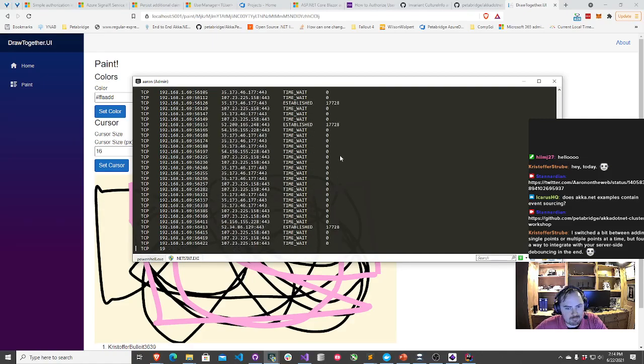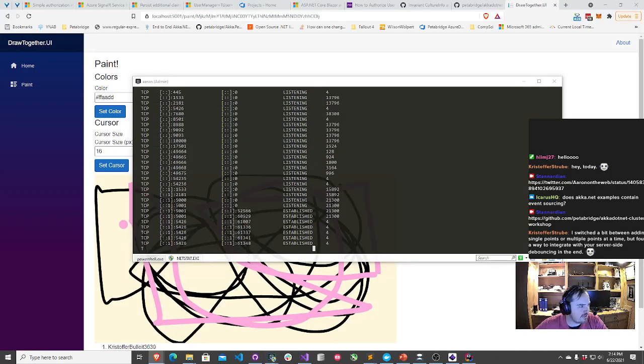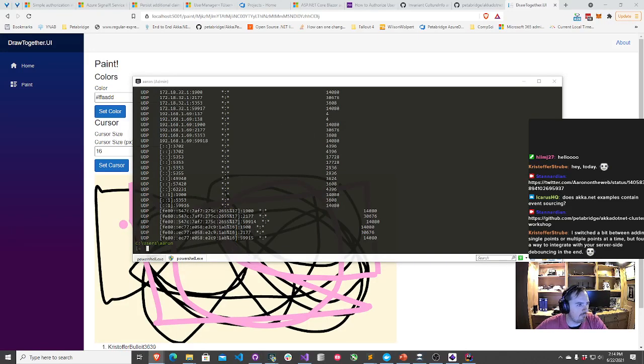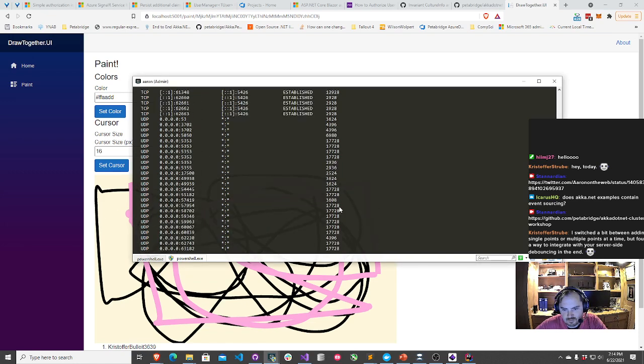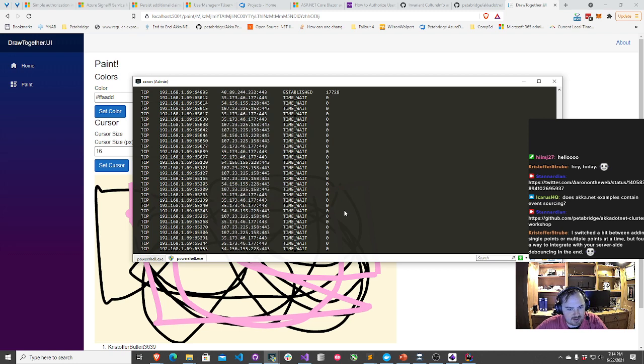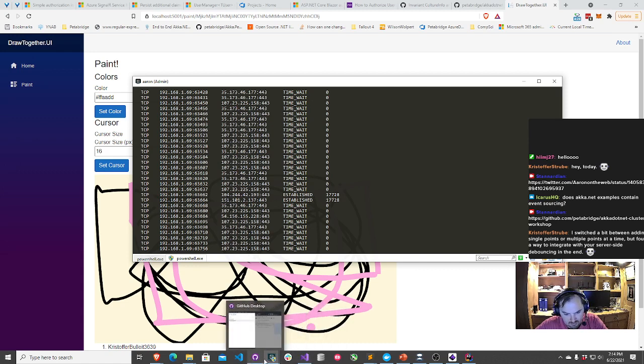Yeah, it looks like I've got a bunch of open ports again on this thing. I wonder if it's Brave that's been doing this. So if Brave's leaking ports, that's going to be a bit of a problem for me. Well, I guess we'll go ahead and do the best we can here. Although I should note, I don't really have this problem very often. But let's say if I go down to, oh, I don't know.